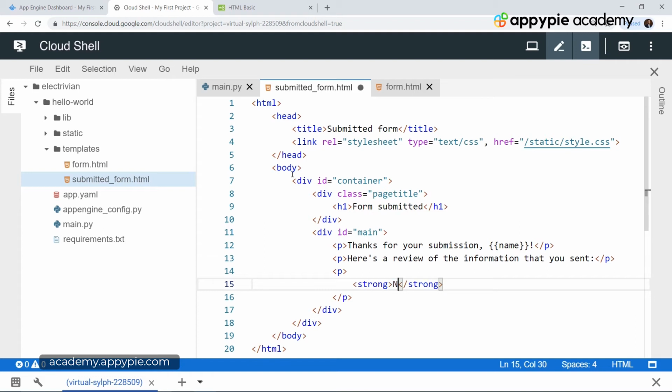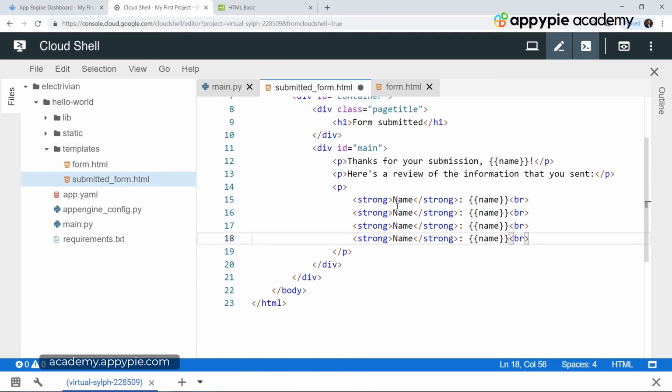So we have the name. This is just a label, so we are only telling the user that this is the name. Let's add a colon after it followed by a space. And now we also want the variable name, and then we want to go on a new line. So we have br. Now that we have displayed the name to the user, in a similar fashion we want to display all the other data to the user as well.